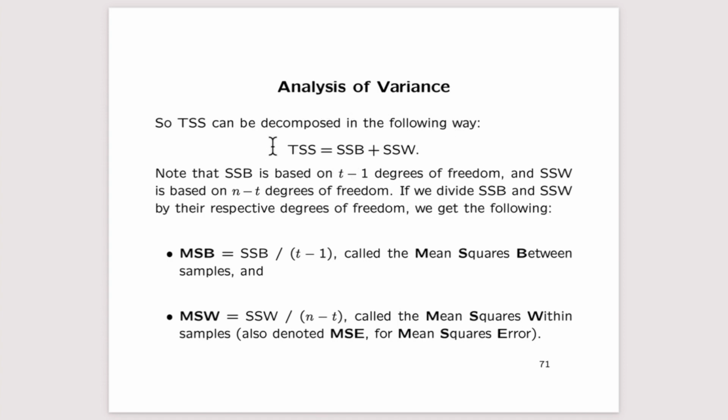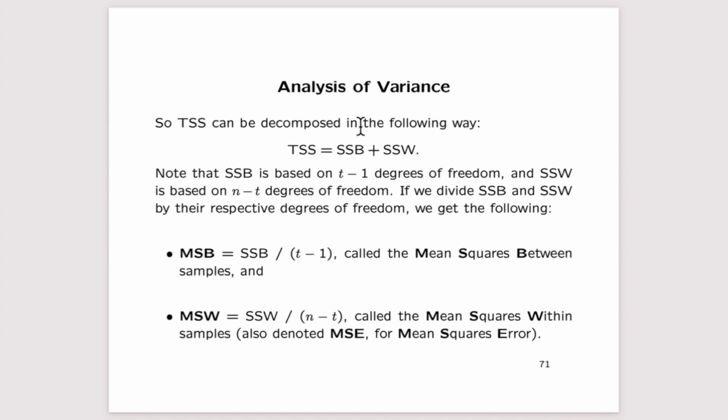If we know two of these values, we can get the third. The way that I teach this, because I think it's the easiest way to do it when you're first doing analysis of variance, is that you compute the total sum of squares and the sum of squares within, and then